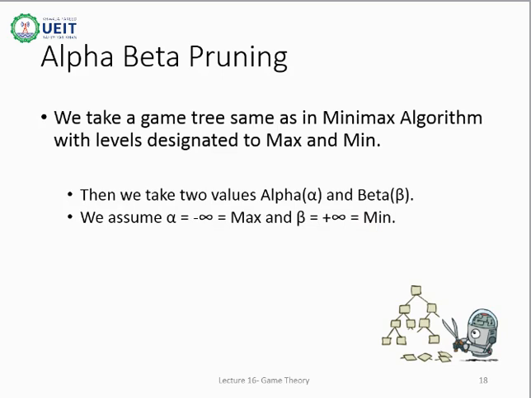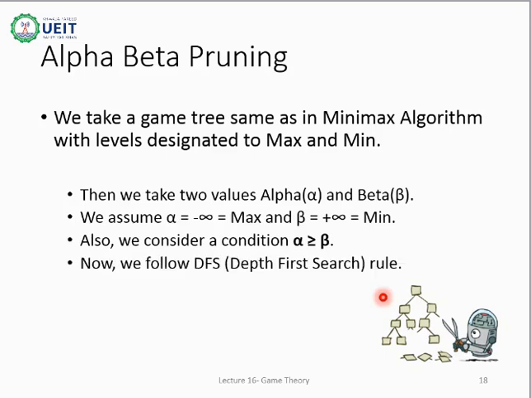After we have initialized the values of alpha and beta, we will follow depth first search for searching the path to take, by considering this condition of alpha greater than or equal to beta. This condition is very important and is the defining criterion of tree pruning. The concept of depth first search is at the core of alpha-beta pruning. If you do not have a grasp on depth first search, you are advised to see lecture number 10, the link to which will be provided in the description as well as in the I button.